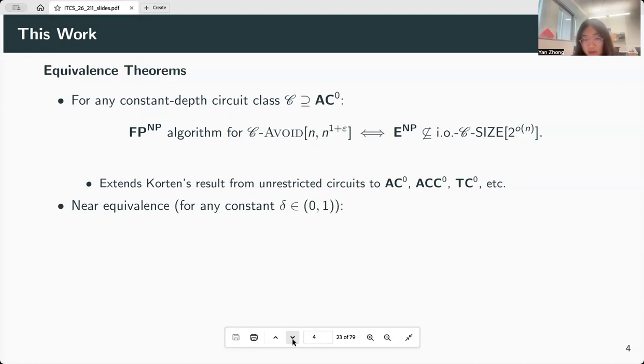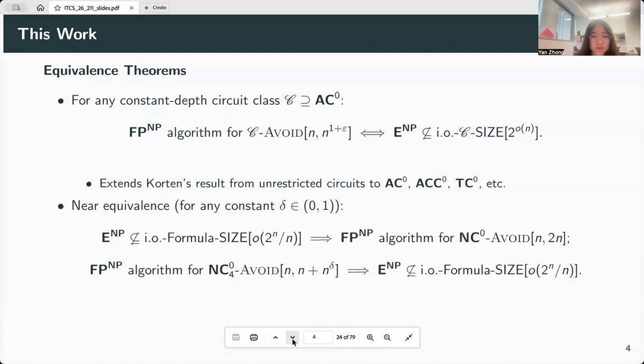We also show a near equivalence, and here we'll need a parameter delta, which can be any constant from 0 to 1. We show that there is an almost everywhere near maximum size formula lower bound against E^NP if and only if there is an FP^NP algorithm for NC0 avoid with 2n stretch. This is not an if and only if